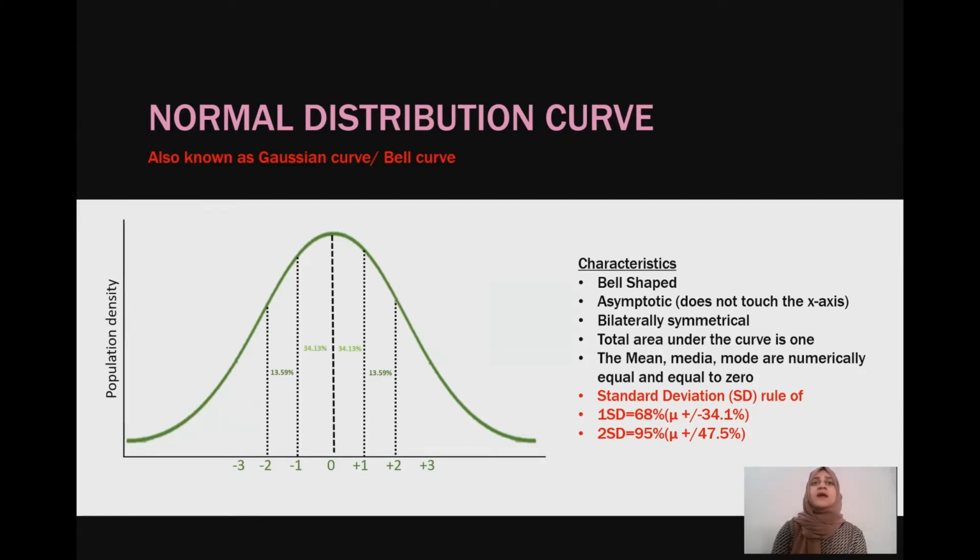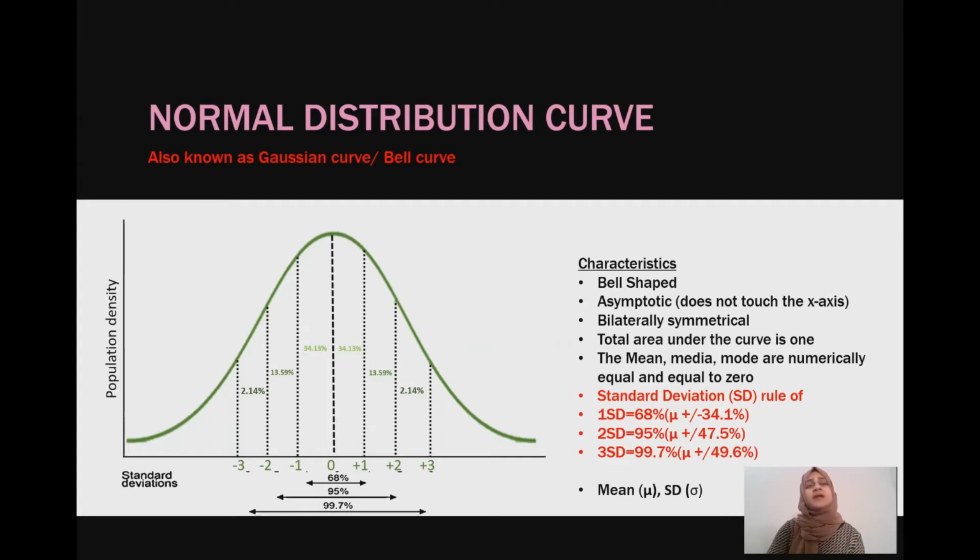side. And then 3 standard deviations would mean that 99.7% of the population would be included within this, around the mean. So that means on either side, that'd be 2.14% between the second and third deviation, but as a whole on one side that'd be 49.6% on either side of the mean. Our mean is also denoted with the symbol mu and standard deviation with the symbol sigma. Now that's important ahead.